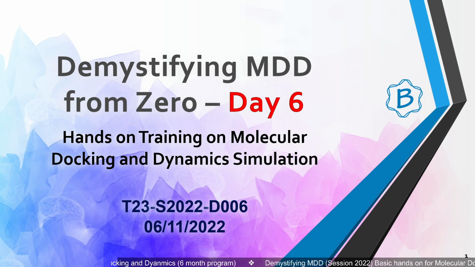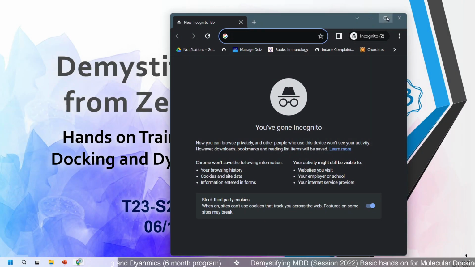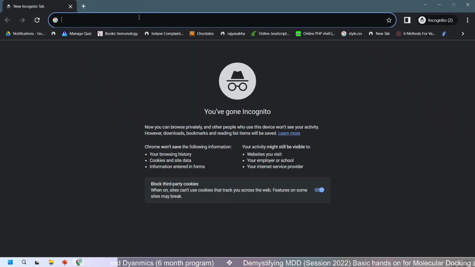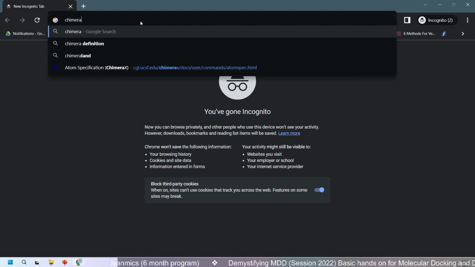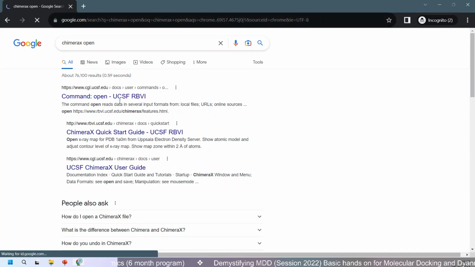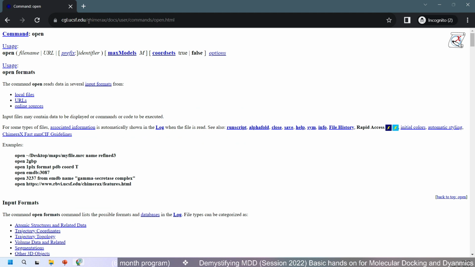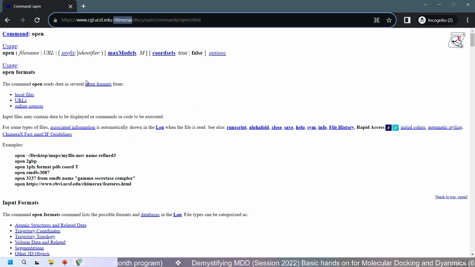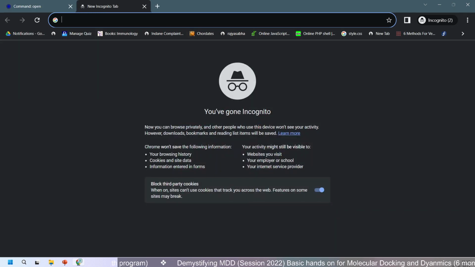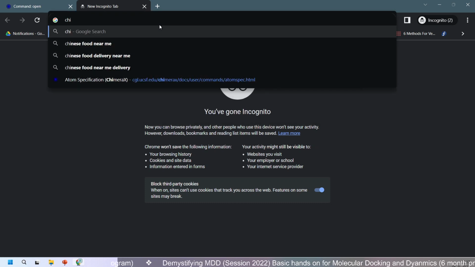Okay. Whatever I am telling you, all those things are available in the Chimera documentation. Like if I search for Chimera X open command, I open this file, and here you will see that it is for Chimera X. So these commands are for Chimera X. Next, to search for Chimera only,